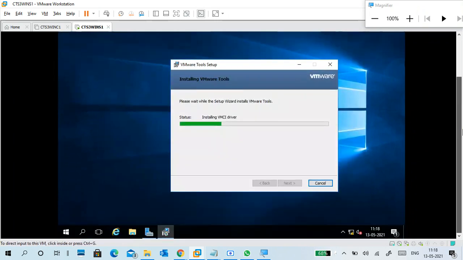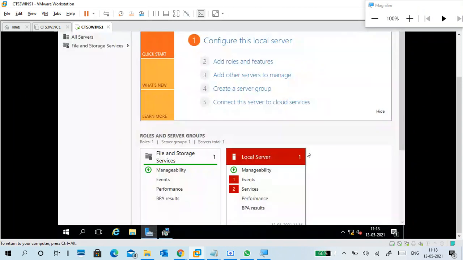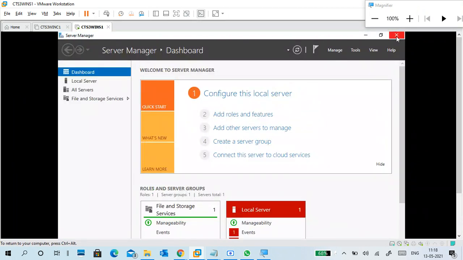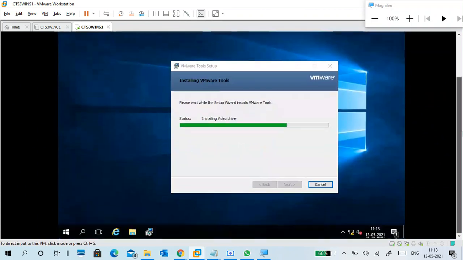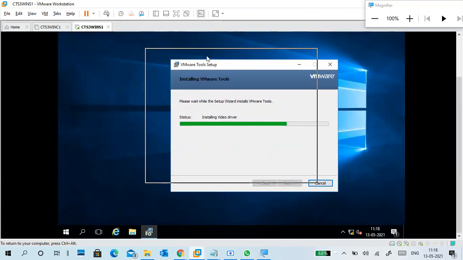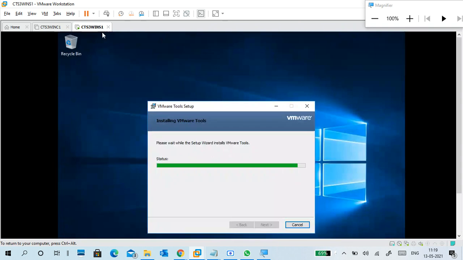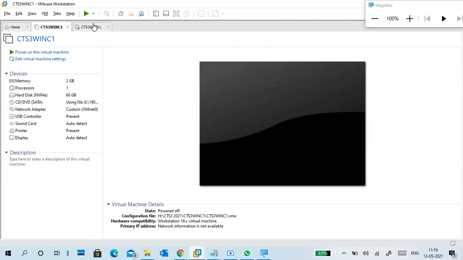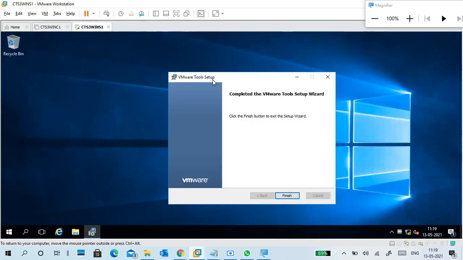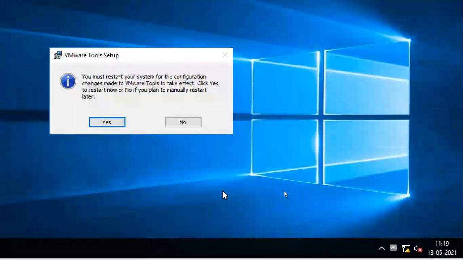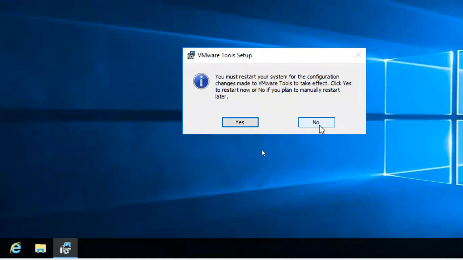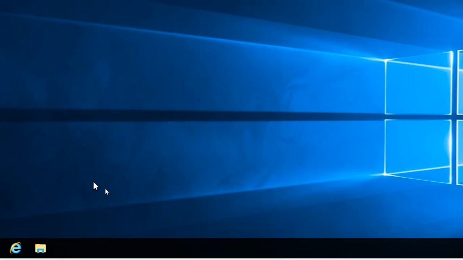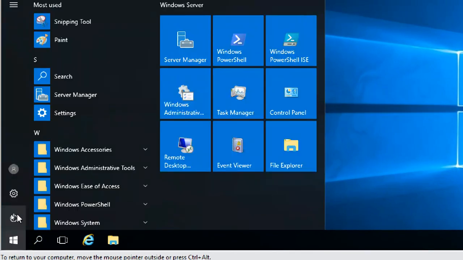I will shut down this virtual machine after installation completion. Again I will start it, because I want to change the RAM. It is 4 GB RAM. Remember, my server is 4 GB RAM, client is 2 GB. Means totally I'm spending 6 GB RAM. That is not good for my physical machine, right? So I need space. So click on Finish. It's asking, do you want to restart now? I said no, because I want to shut down the virtual machine.